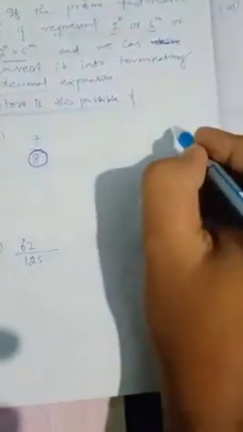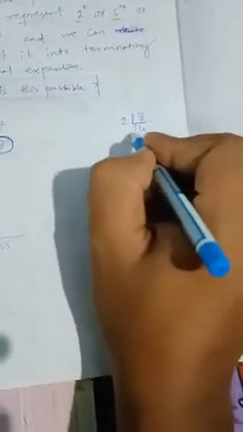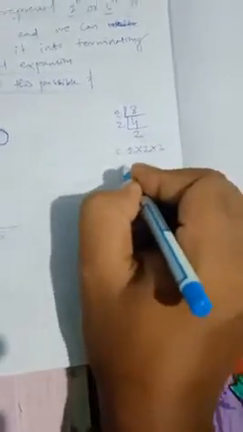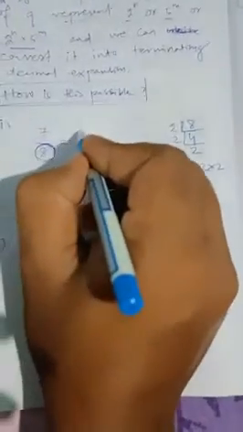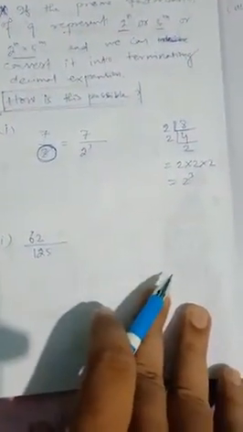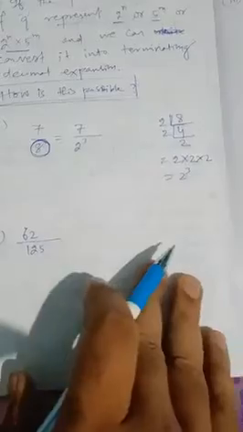Right now, let us find prime factorization. First of all, we will write 2 4s are 8. Again, we will write 2 2s are 4. So here we will get 2 into 2 into 2 or 2 cube. Right now, so next time we will write 7 by 2 cube, and again it is in the form of 2 to the power n, so we can make it a terminating decimal expansion.